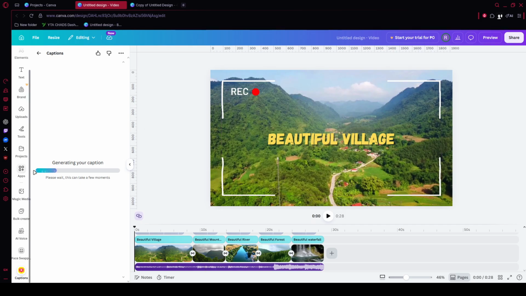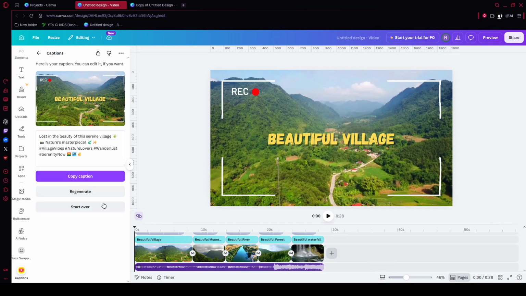Before exporting, play the video back from start to finish and watch how the captions appear. Check that they match the speech naturally and stay easy to follow. When everything looks right, click Share in the top right corner, then choose Download. Set the file type to MP4 video, increase the resolution if needed, and leave the separate captions file option off if you want the captions